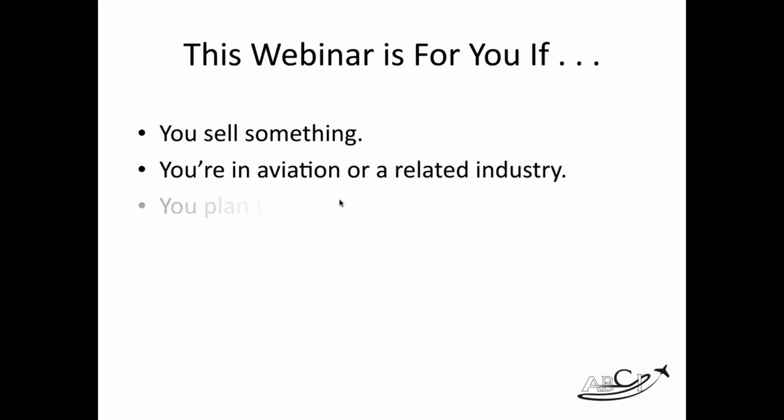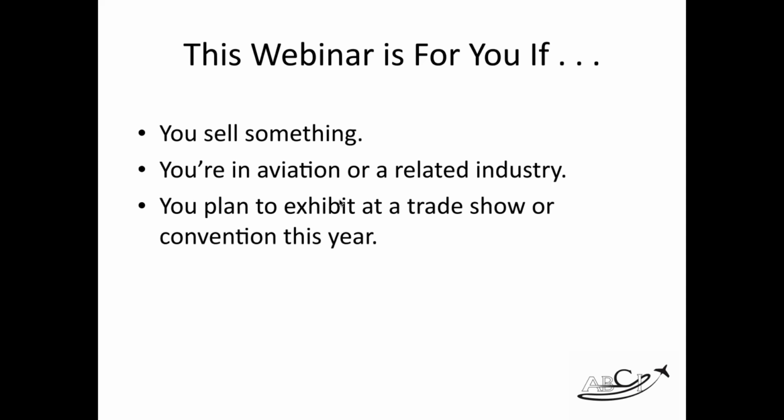Exactly. And if you plan to exhibit at a trade show or a convention this year, I think most of us, that's true of. If we're in aviation and we're in sales, we are probably going to a trade show this year, right? Yes. Either as an exhibitor or at least as an attendee. And if you love trade shows and you are already really, really good at them, then this may not be the best use of your time. But most of us,